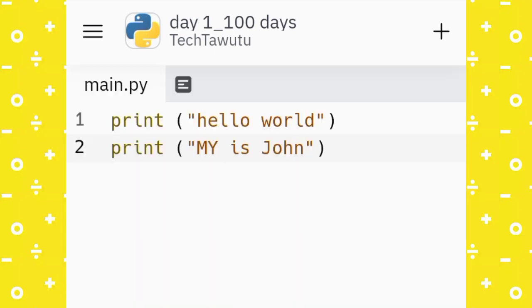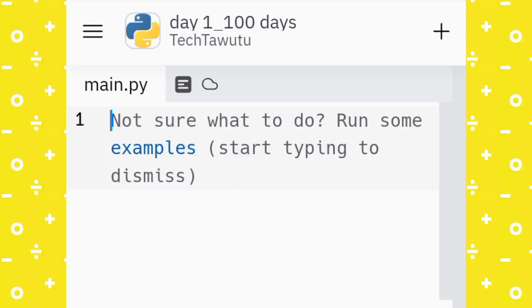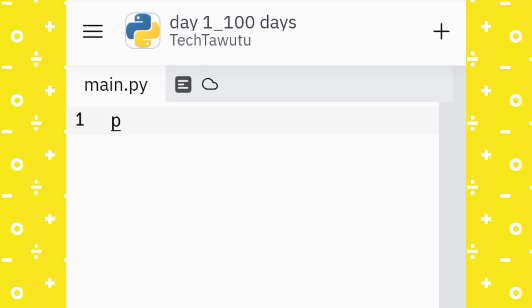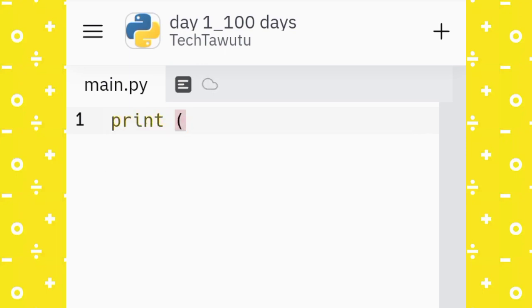Now in case we don't want to waste time writing print over and over again, maybe you want to run like a paragraph, which means you have to write print on every line. In case you don't want to do that, this is how we can write it with only one print statement. So what you do is, first of all, write the print, then open the bracket, then